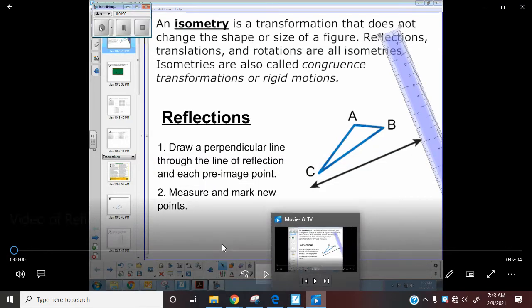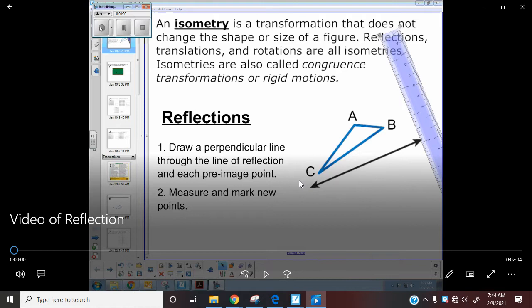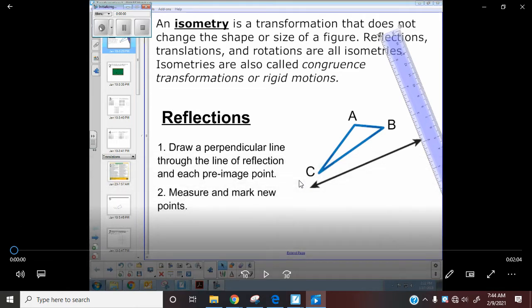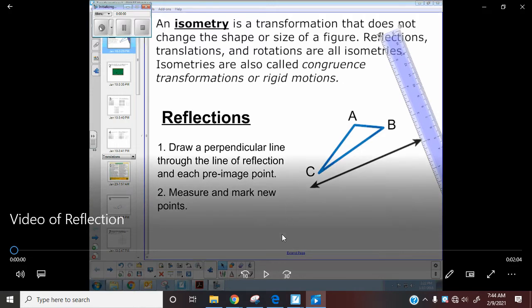What you guys are about to watch is a video of how to do a reflection. Now, I recorded this video a year or two ago and just wanted to do a little bit of narration with it. So I'm going to go ahead and click play, and as it's getting set up, I want you to notice that we have an isometry is a transformation that does not change the shape or size of a